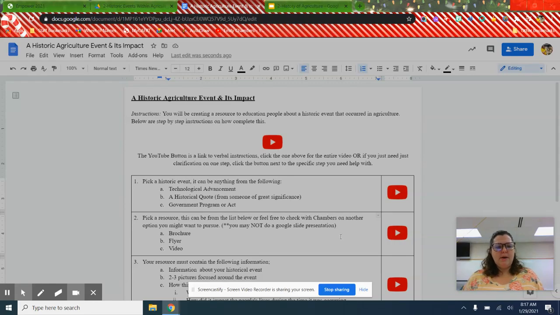Hi guys, we're going to talk about the assignment called Historic Agriculture Events and its Impacts. You're going to create a resource to educate people about a historic event that occurred in agriculture. We're going to go through the step-by-step instructions that are below,